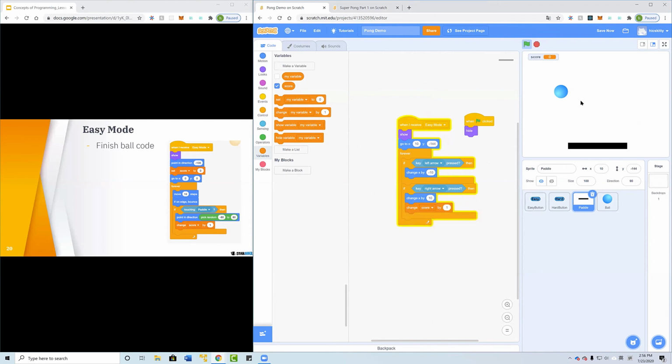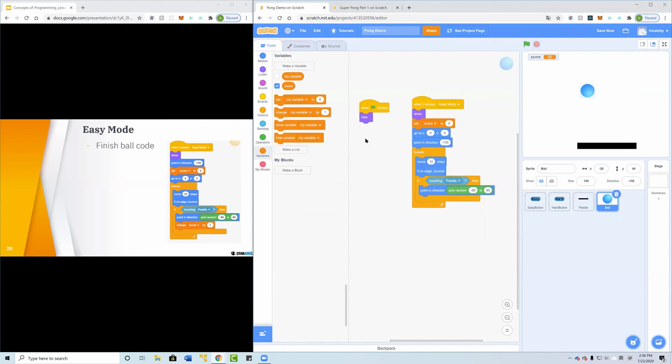So what this is going to do, just by adding this one block, is say that once my ball hits my paddle, score is going to increase by 1. And that is obviously a very big score. So let me see what's going wrong. Oh, sorry, I put it in the wrong location. So what we're going to do is we are going to say,